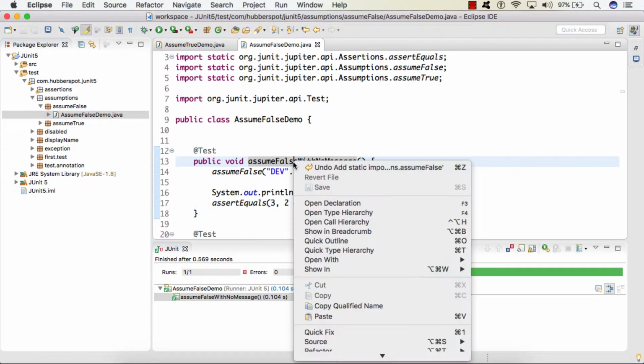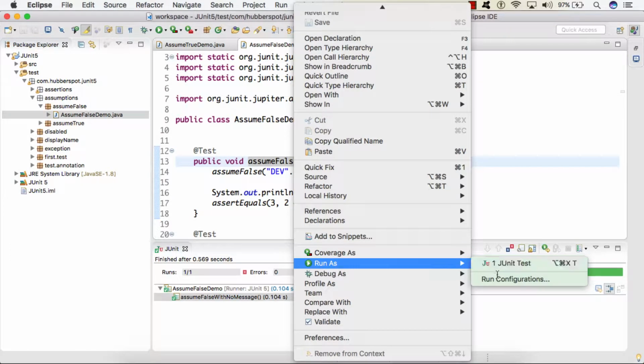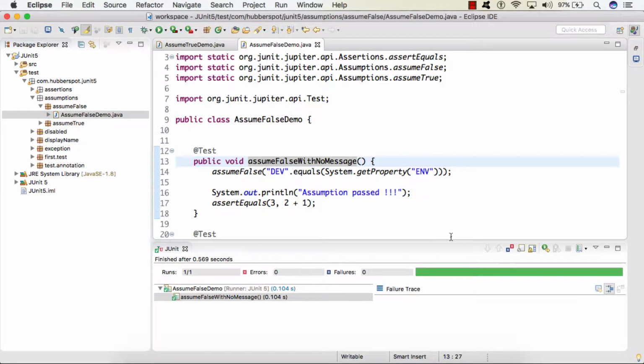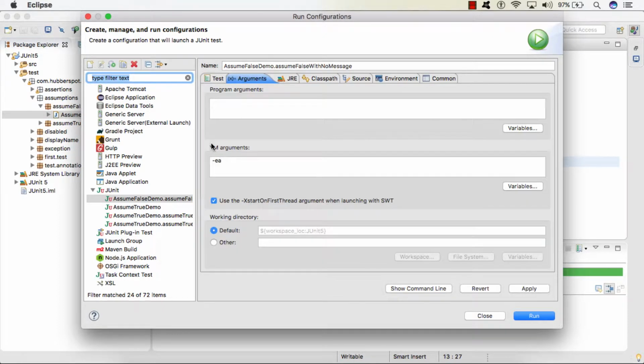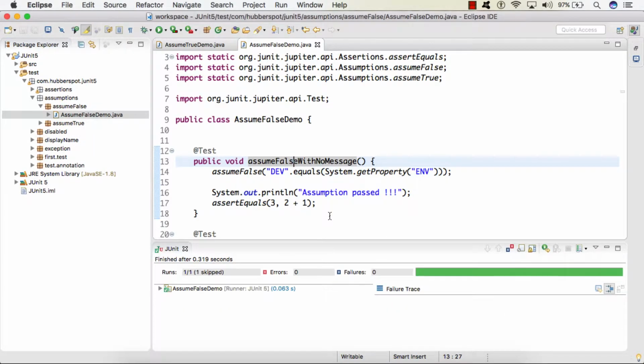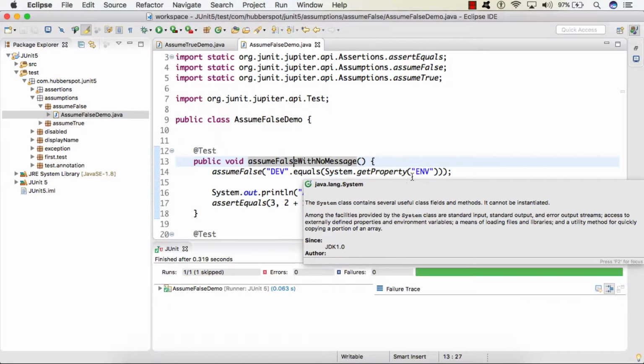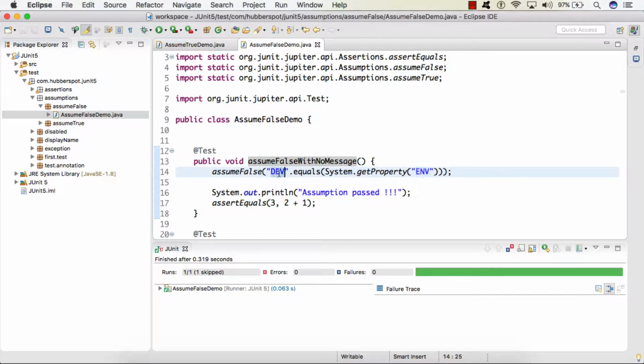So friends, let's say I run this test case by changing a configuration. Here in VM arguments, I will be creating one system property which is env and whose value will be dev, and now we'll simply run it. So friends, here you can see that this time it found a system property by name env whose value was dev.